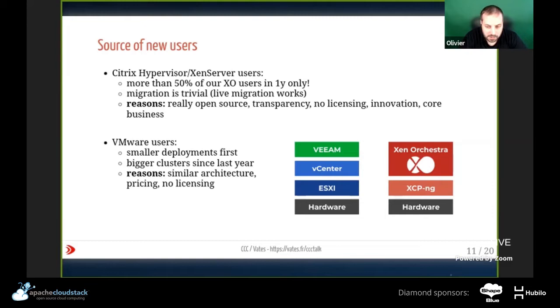For example, ESXi could be compared to XCP-ng, vCenter could be compared to Xen Orchestra, and part of Veeam, as Xen Orchestra is also a backup solution, could be compared to it. And because of that similarity, and the fact that we only have a professional support business model, meaning it's simple to budget, to count, and even optional,